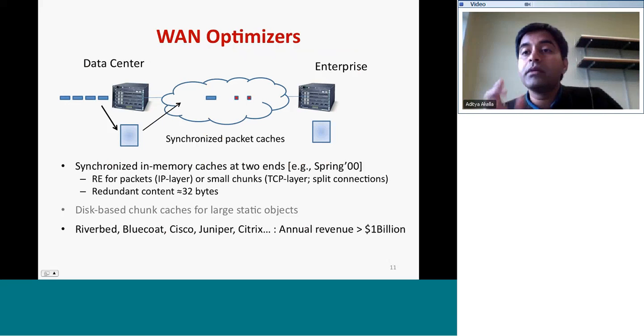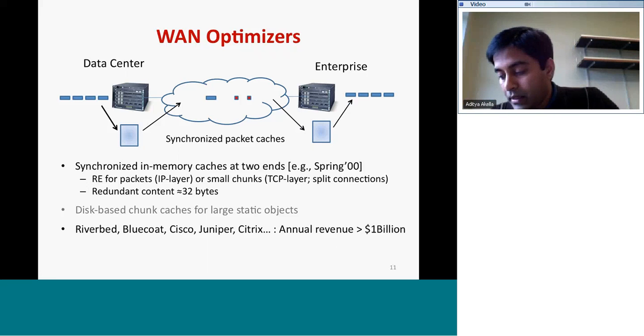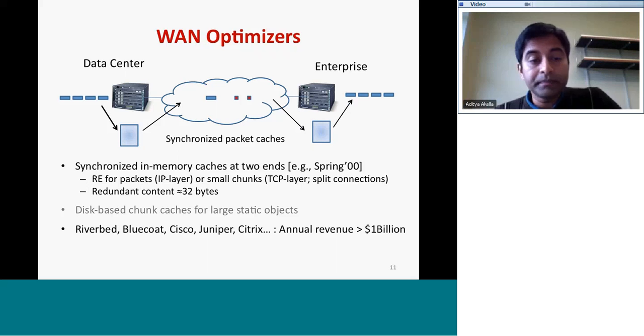If a particular piece of content in the reply you want to send to your enterprise sees a hit, you replace that with a shim, and others would go in full. So in this case, a couple of them got replaced by shims, which are essentially memory addresses in the cache, and you send it over. The shims, when they reach the other end, are dereferenced with respect to the cache at the other end. You construct the full payload and send it over to the other end. So that's how you save on the WAN bandwidth and potentially latency.